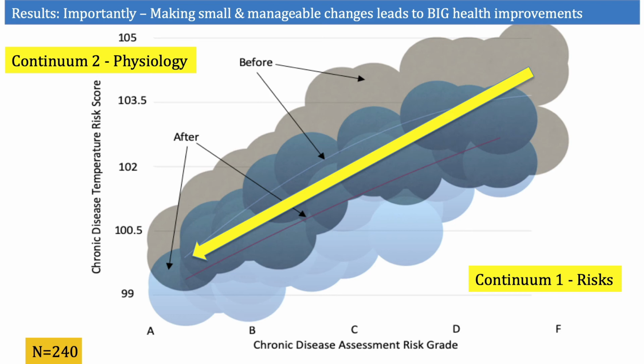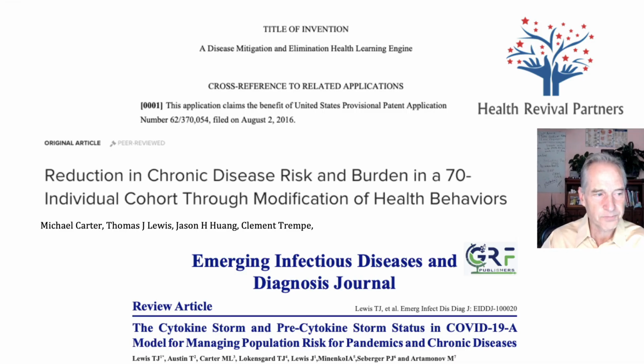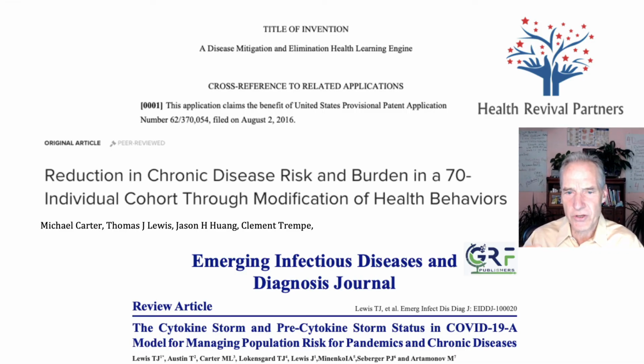So this is a process that we have in practice, and we're publishing evidence-based papers on these topics. Here's some of our publications. The first one's our patent that explains how we derived the chronic disease temperature single blood biomarker score based on looking at the details of when a biomarker shows an increase in early mortality in peer-reviewed papers. And usually multiple papers are used to determine our normal versus abnormal value. And it's interesting that in the abnormal range, essentially every marker follows what's called a log linear relationship.